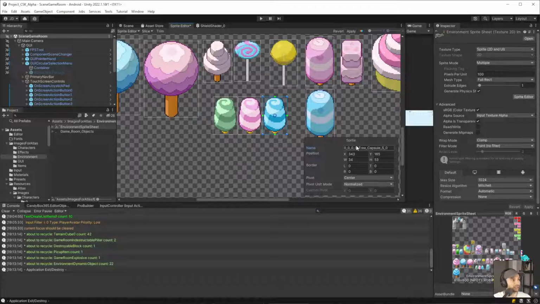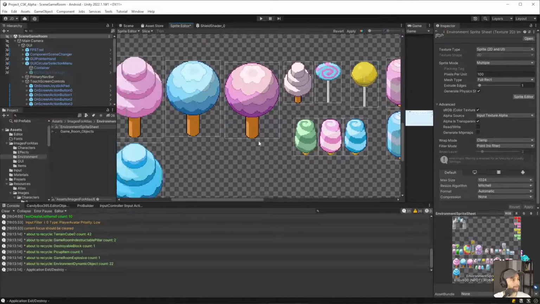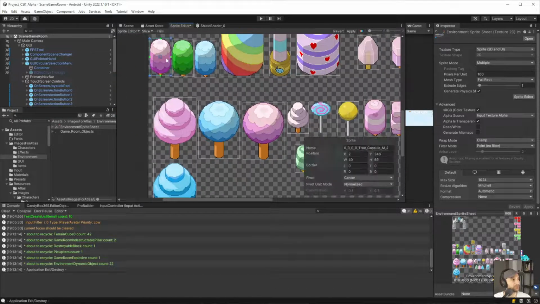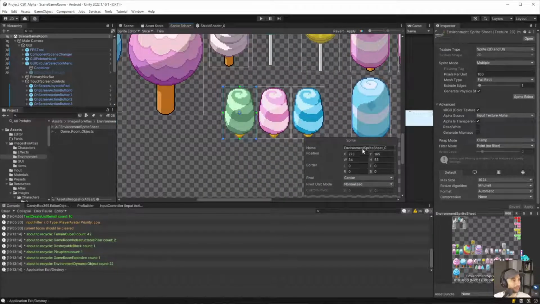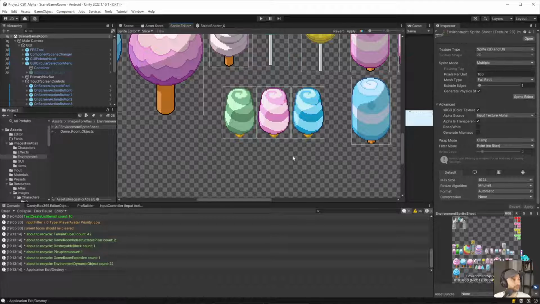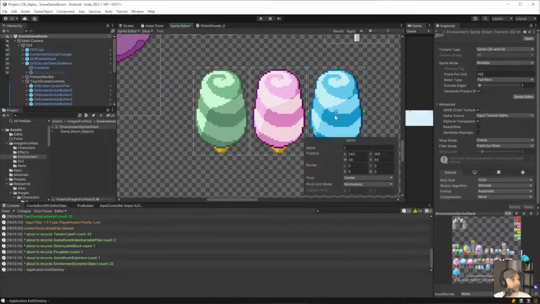I'll change that in a sec, but let's go with 0. Pink we said was 1. No, pink is 2. Or sorry, I'm getting mixed up. Green is 1, pink is 2. Green is 1. And then pink will be 2. Okay, so let's change the name. What do we want to call it?